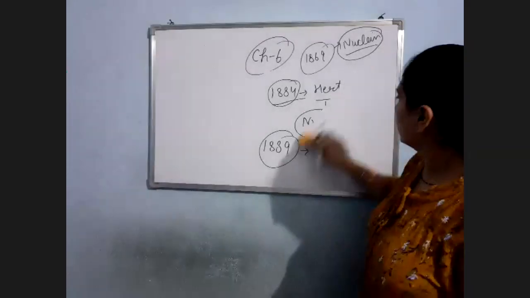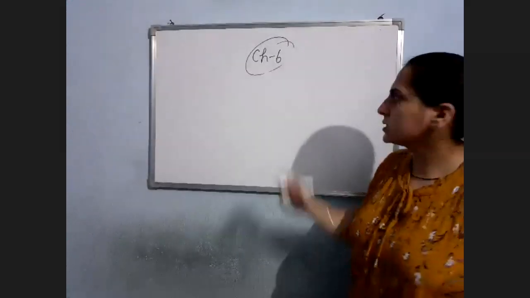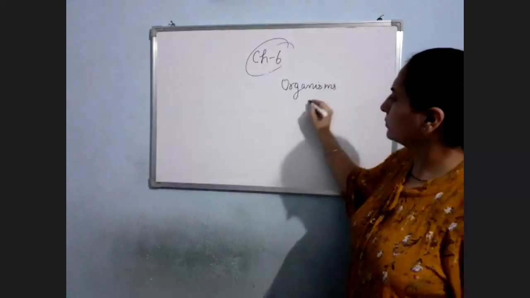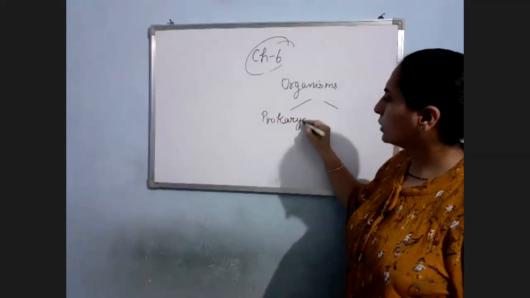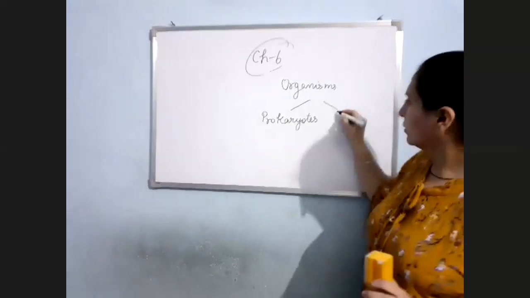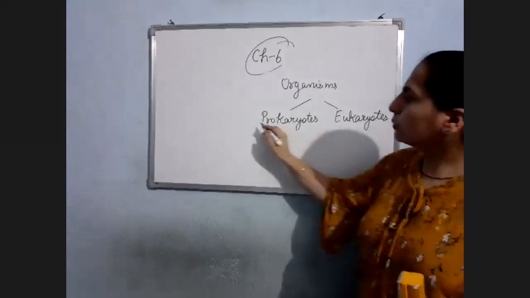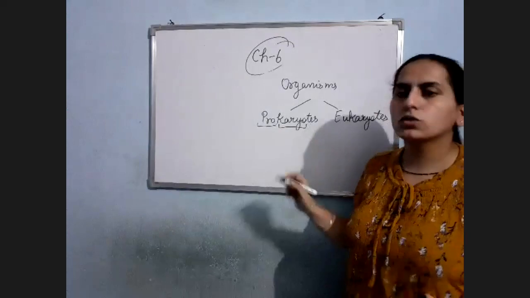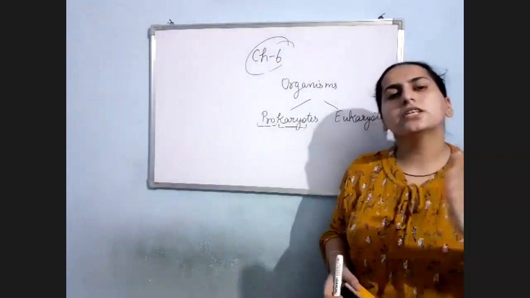Okay, now let us move to the basics that you have done in earlier classes. You know, organisms are of two types, prokaryotes and eukaryotes. Whatever we are doing now, I think you know this. Prokaryotes and eukaryotes. Pro means primitive, initial. Karyon means nucleus. So basically in prokaryotes, what is the condition? Their nucleus is in the initial stage.